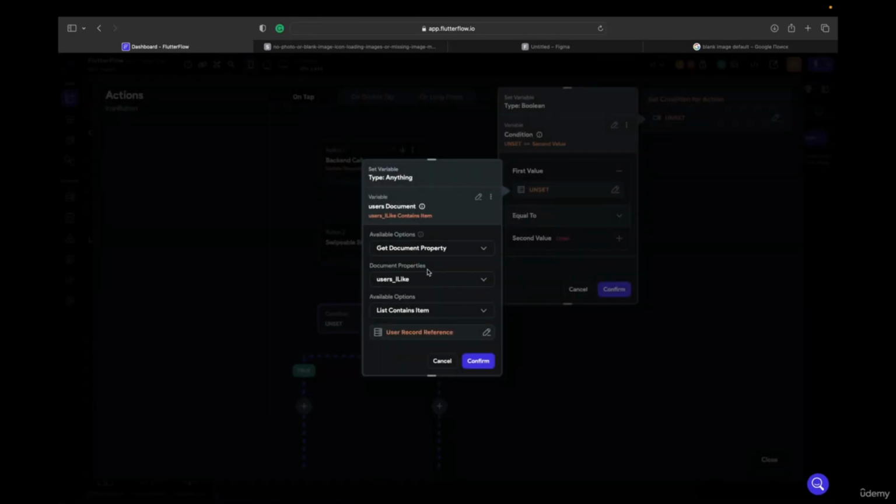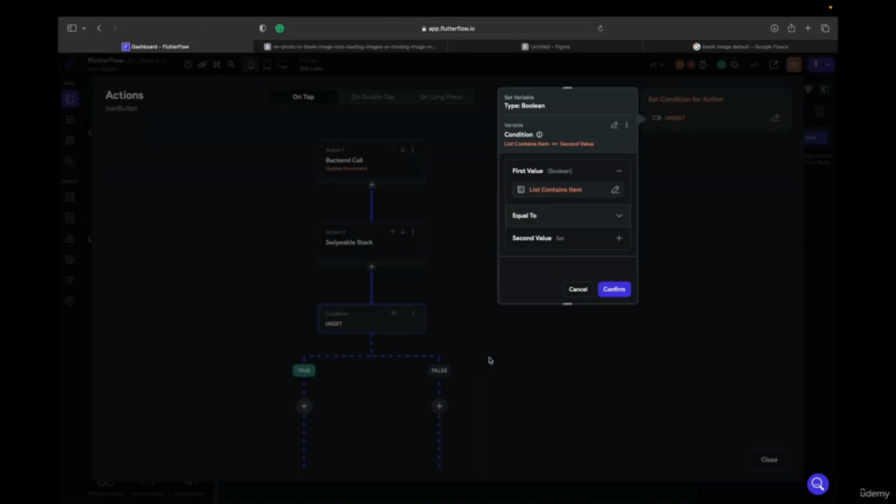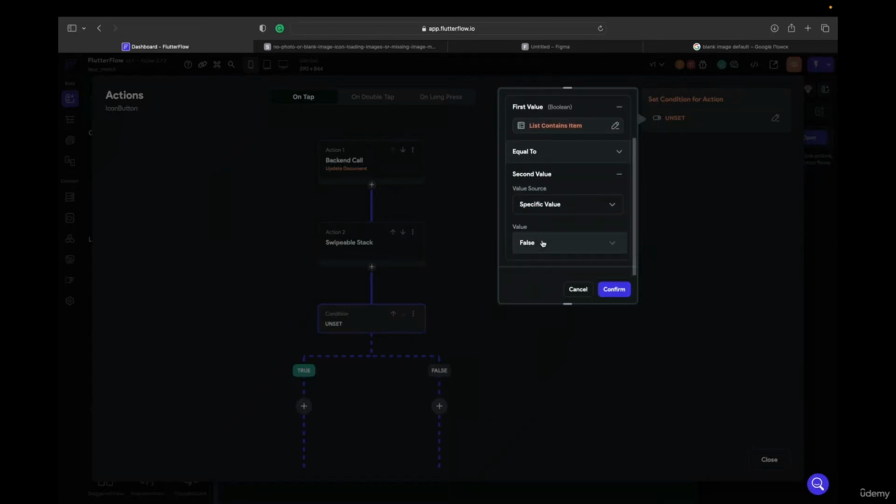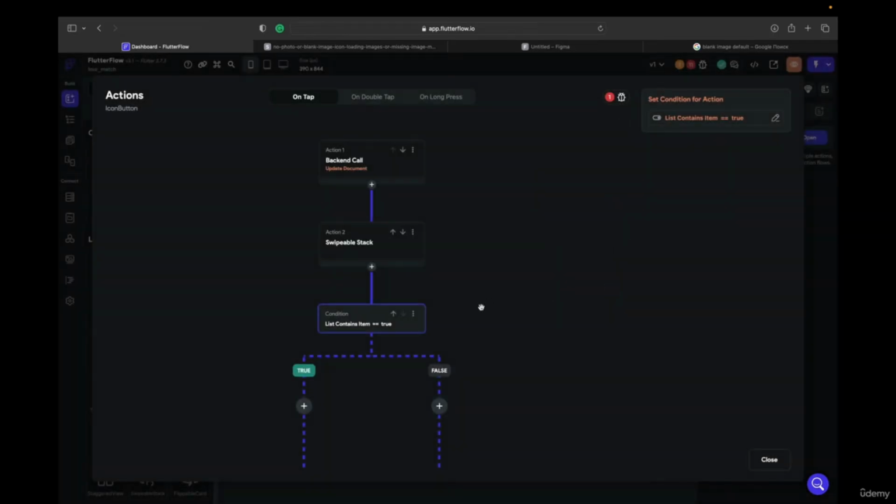Okay, if in the list of these users I like, it has the same ID number that I have, so authenticated user has, then so if it's equal to true, confirm,